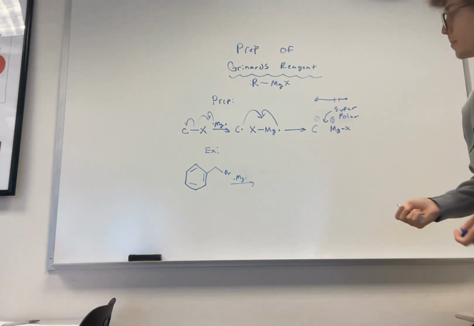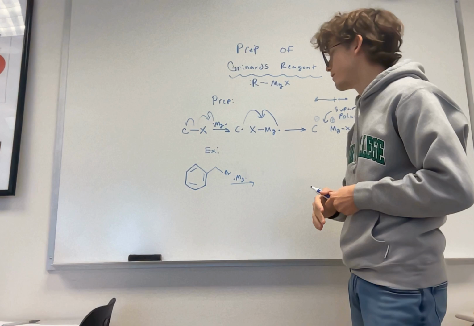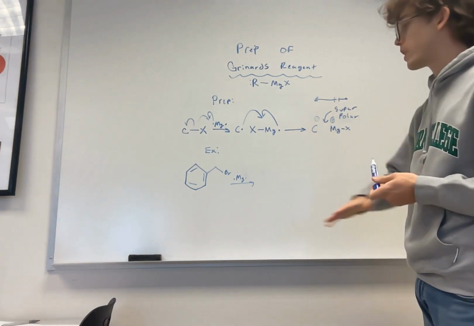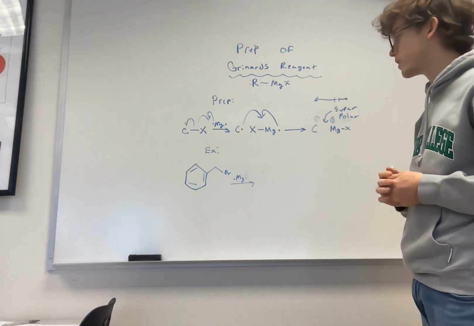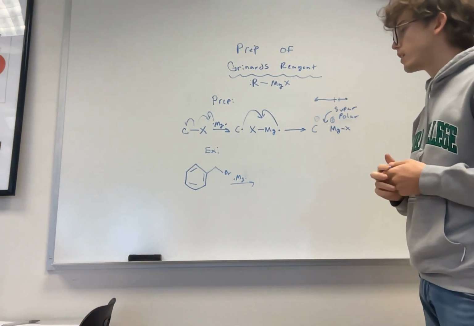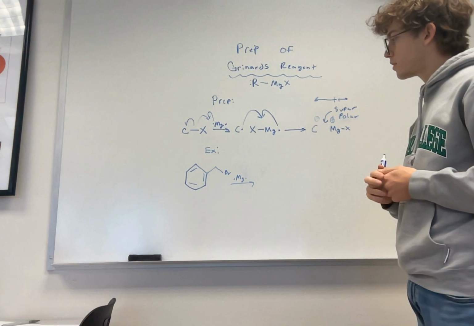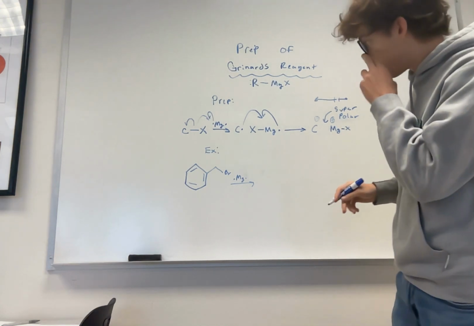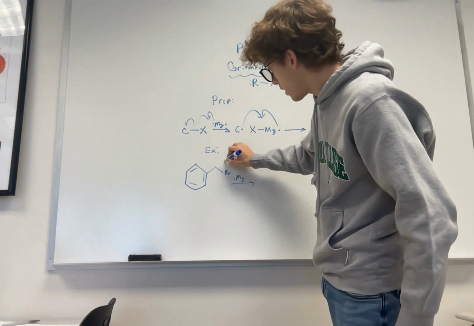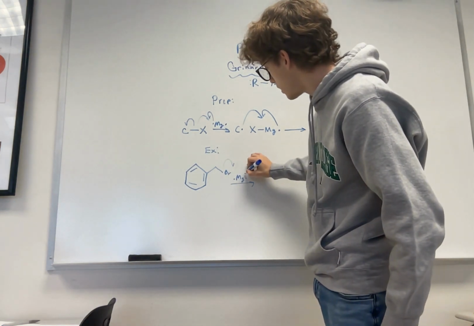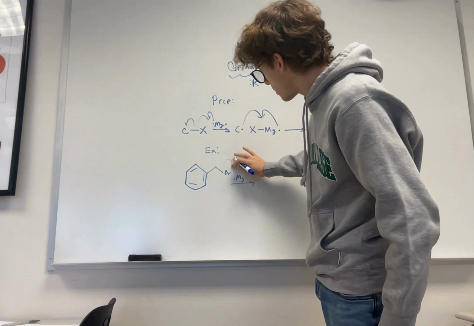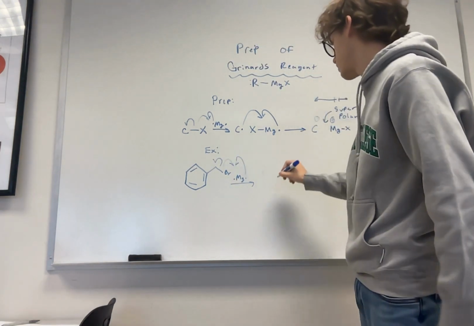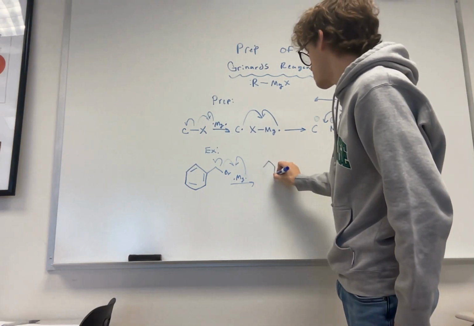Okay, moving on. We have this example here that I'd like to show you. You can try it on your own. I want you to draw the full mechanism. So take a little second to do that on a piece of paper. You can pause the video. Okay, so we know that the first part is that homolytic bond cleavage. Drew my fishhook weird. Okay, so we get a radical benzyl group,